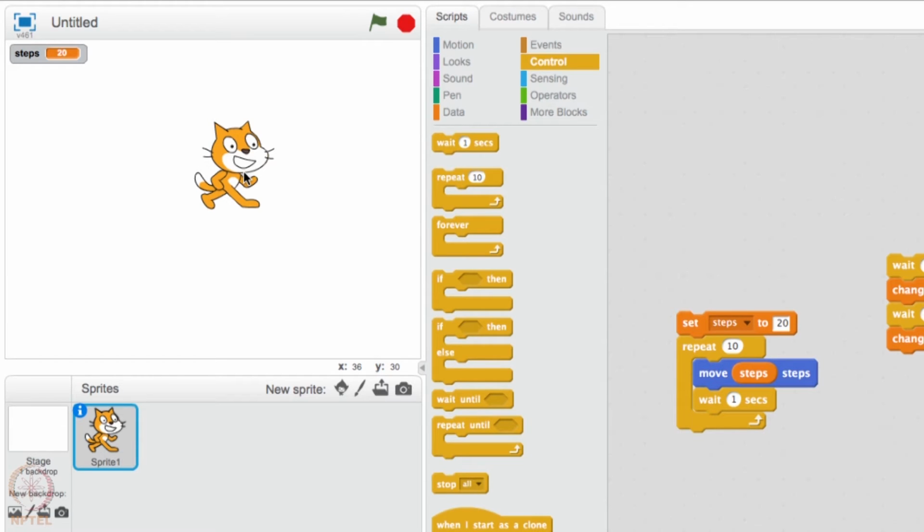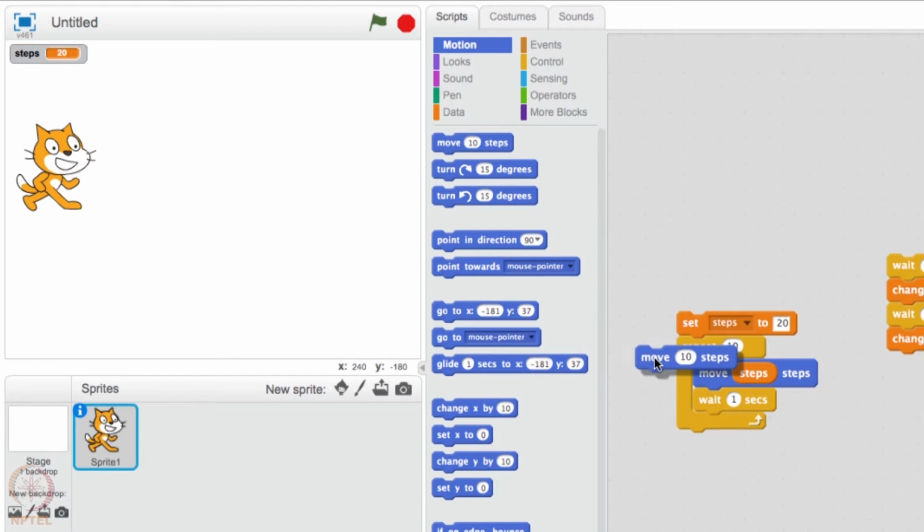Correct? Now what do we want? We want her actually to go by 20 steps and come back by 20 steps. You see? So now what I should do is go back to motion, move 20 steps ahead and move back a few steps. Please note, this steps is a built-in thing here. By that I mean steps here means the cat should move so many steps. We are also calling the variable steps here. Don't be confused about it. These two are actually different things here. Okay? So now she must move back by 20 steps.